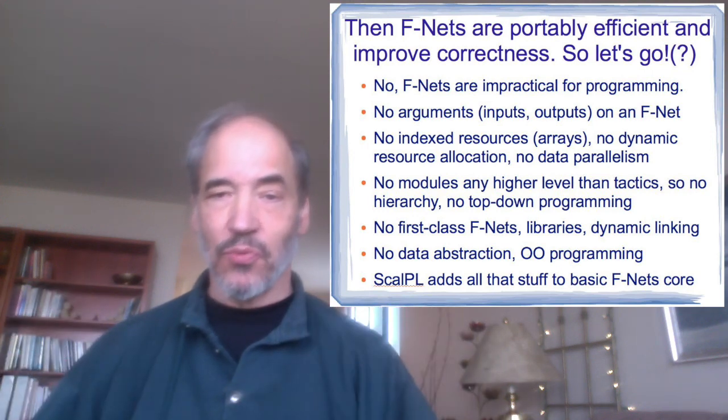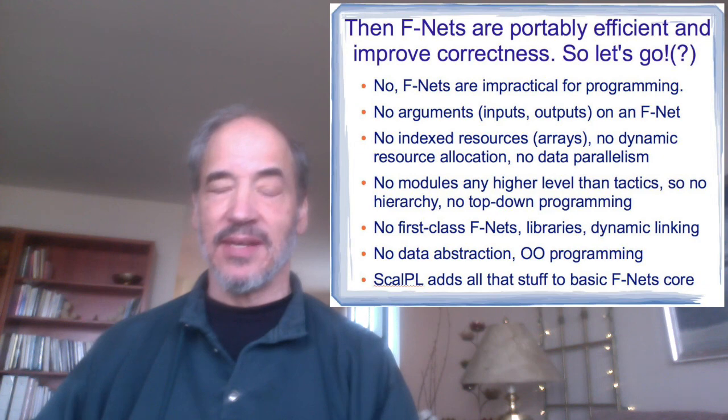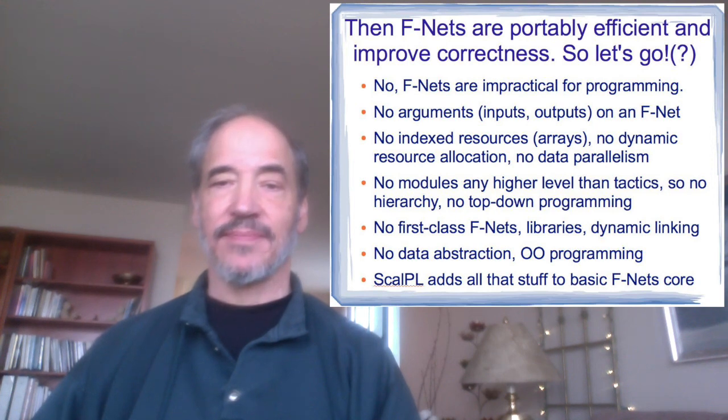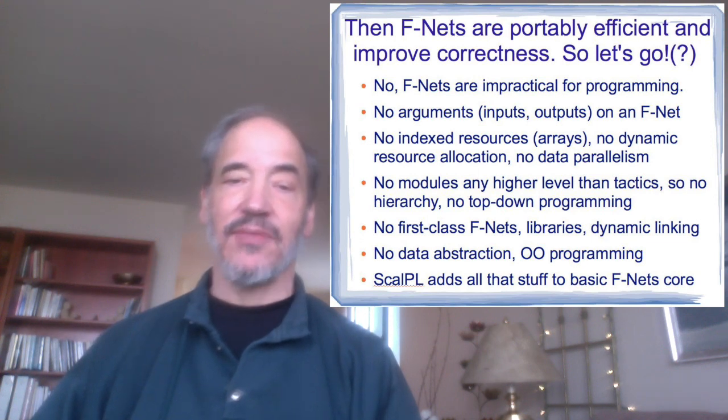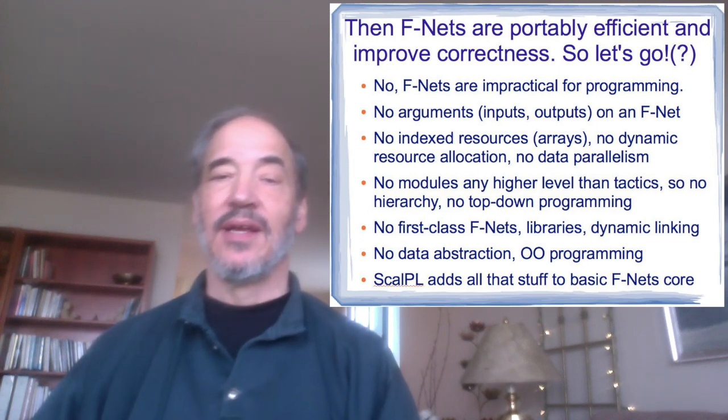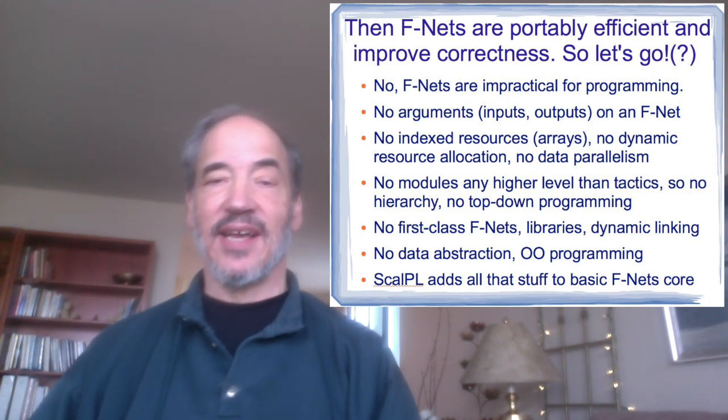We're not sure how those will be implemented yet, and then build those hierarchically. So we need top-down programming modularity. We need first-class FNets. We need libraries. We need dynamic linking. We need data abstraction. We need object-oriented programming. So none of that stuff is in FNets, and we need it all, and that's where